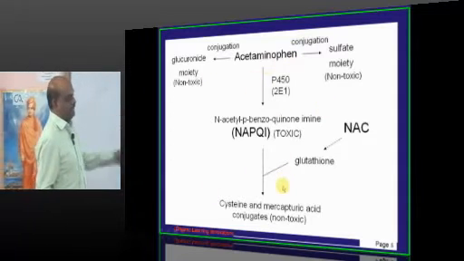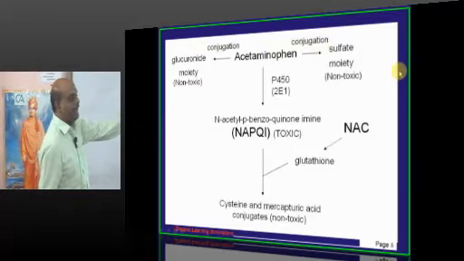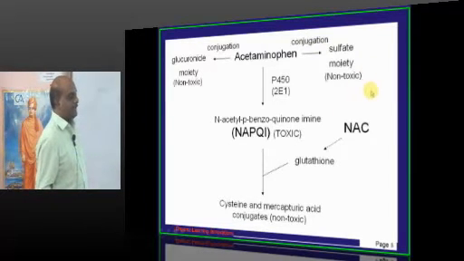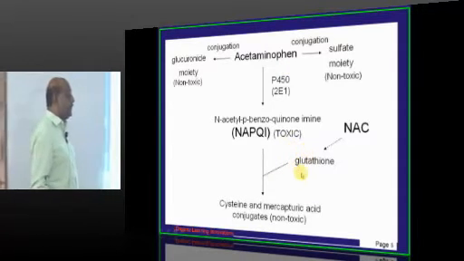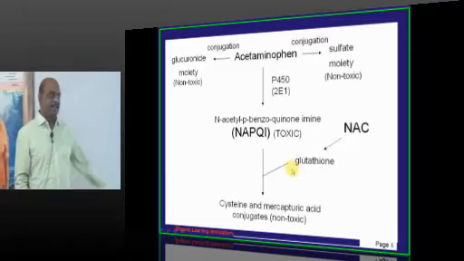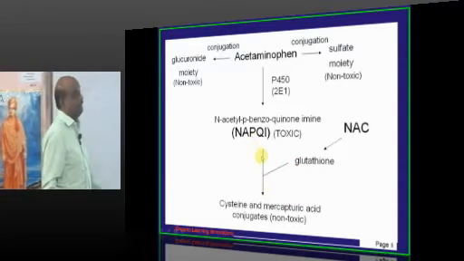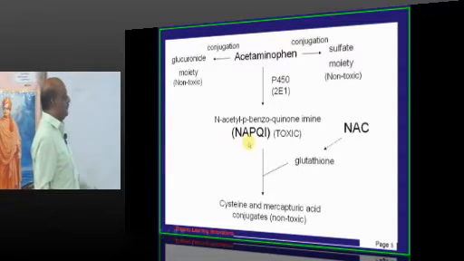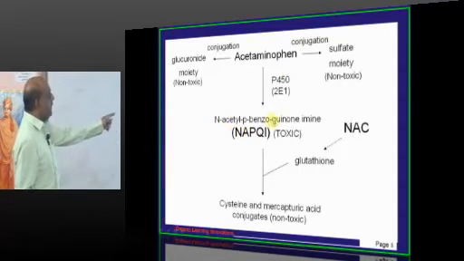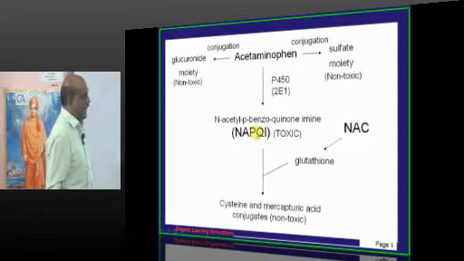Acetaminophen after consumption will undergo conjugation and forms a sulfate moiety, which is basically non-toxic. Acetaminophen is also metabolized by the P450 system. You remember what P450 inducers and inhibitors we discussed in the last class on Sunday? Don't forget, because that is what they are going to ask in the exam. So when P450 acts on acetaminophen, it is converted into a substance called N-acetyl-p-benzoquinone imine, NAPQI, and that is